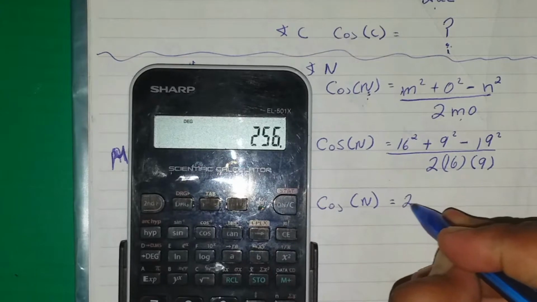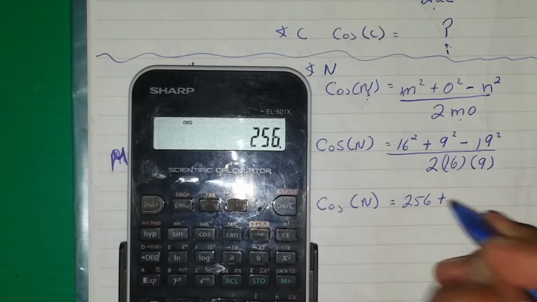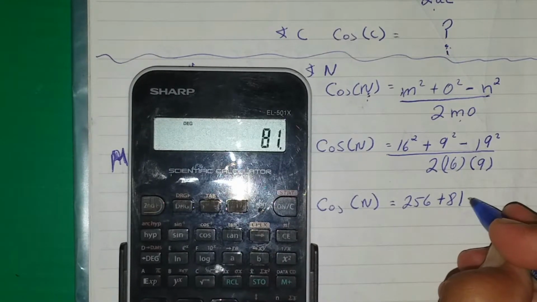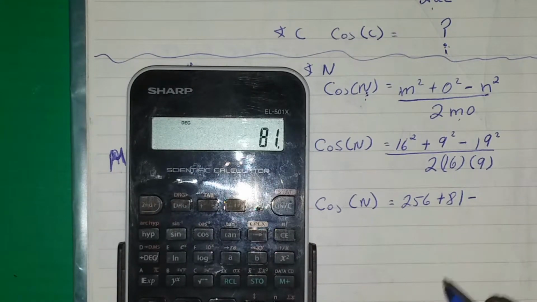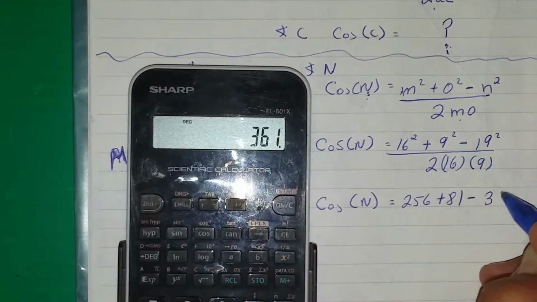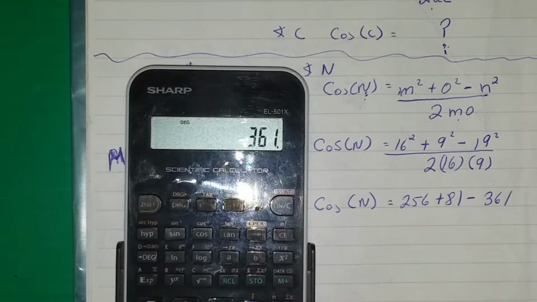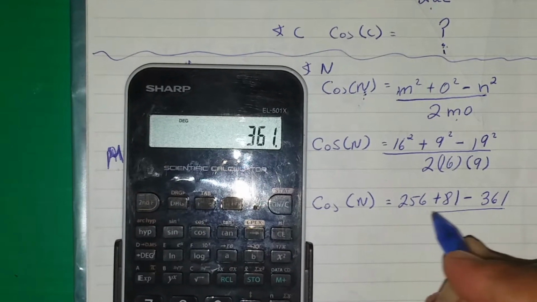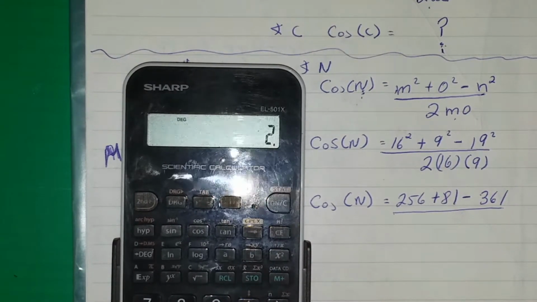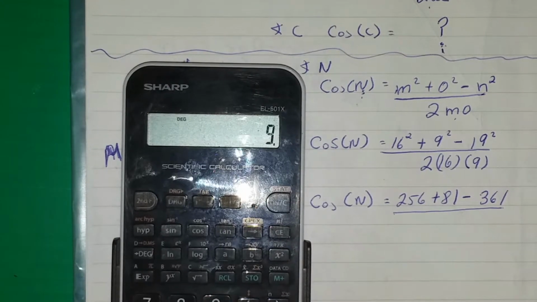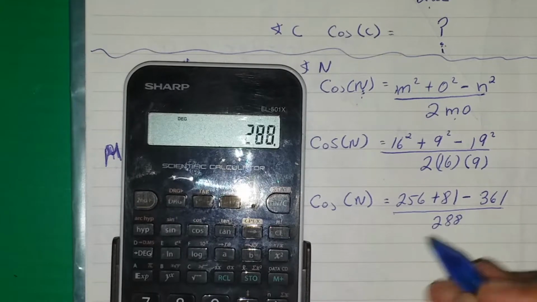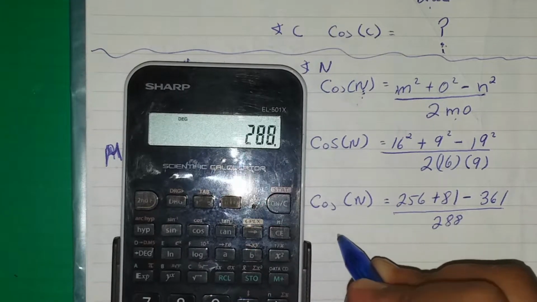That's going to be 256 plus 9 squared, 81, minus 19 squared, maybe 361, right? Then divided by 2 times 16 times 9. That's going to be 288. We have cosine of N